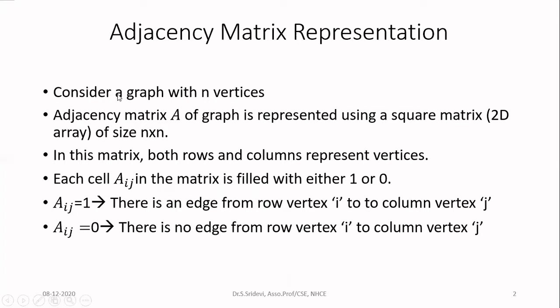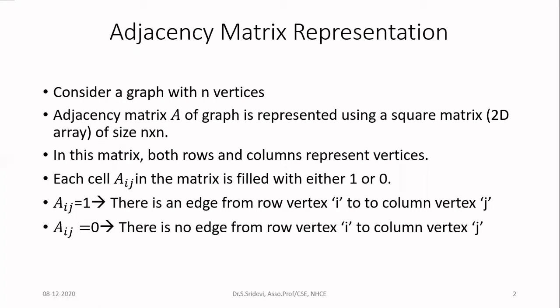So in this, we are going to consider that we have a graph with n vertices and there are certain number of edges available. Our aim is we are going to represent this graph in the memory of the computer. So how to do that? For that, in case of the adjacency matrix, we are going to consider a matrix A, and this is represented by using a square matrix which is implemented as a 2D array. And the dimension of the square matrix is n cross n, where n is nothing but number of vertices. So if you have 5 vertices in your graph, you need to have a matrix of 5 cross 5. So totally you can store information about 25 elements.